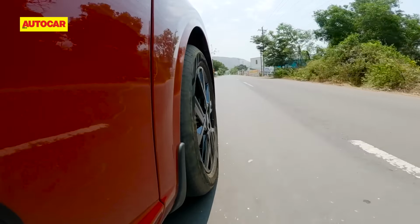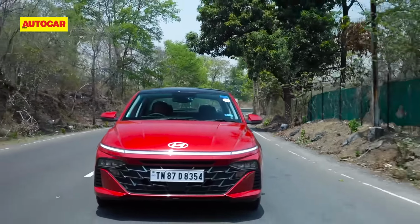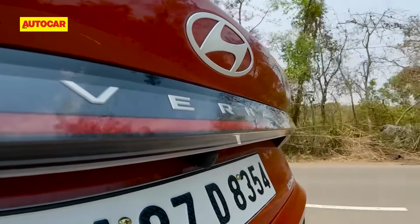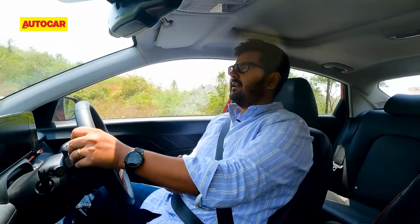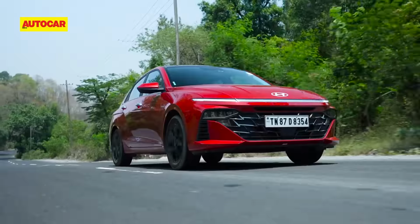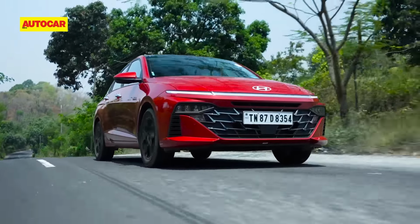The engine is pleasant in town, though the 7-speed dual-clutch gearbox tends to fumble at low speeds and you can feel the shifts. Things do get better as you build speed. The Verna's 1.5-litre turbo petrol engine comes across as quite genteel in its build of power. It's not hurried or rushed as the VW Group's 1.5 engine can come across, and the build of power is